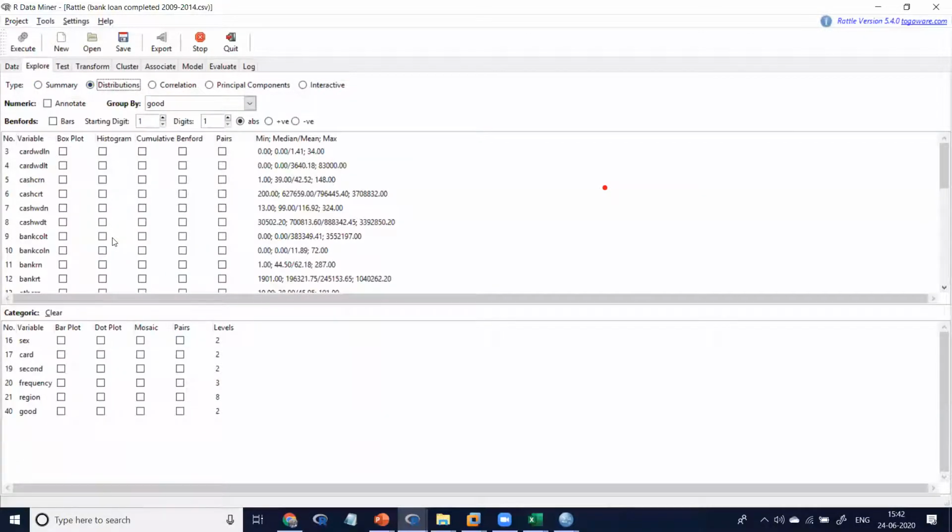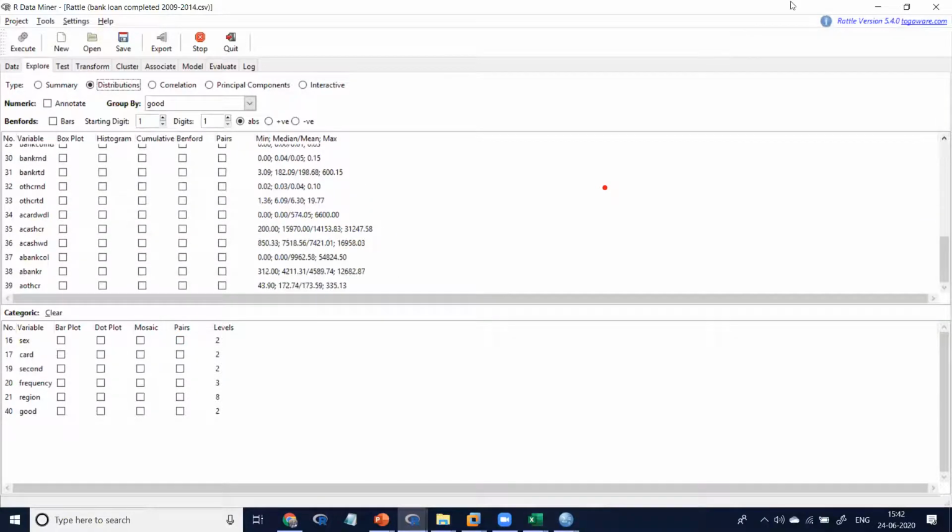Do you remember yesterday we did all this process? Sir, can you remind me? Anybody? Did we do this or not? Can anybody speak up? We did a histogram and box plot for some of the variables.